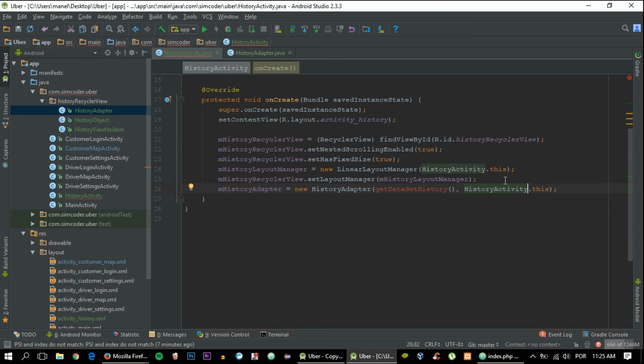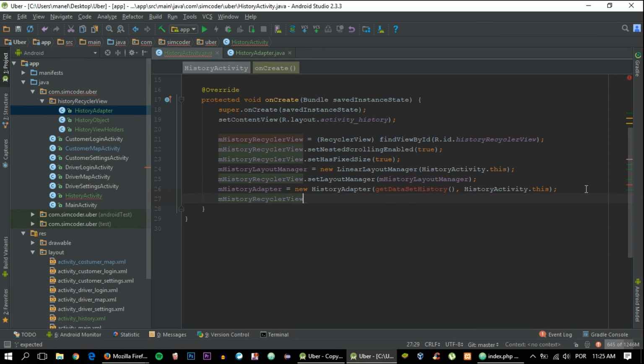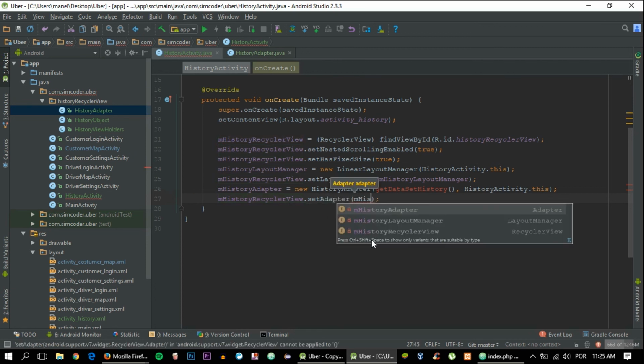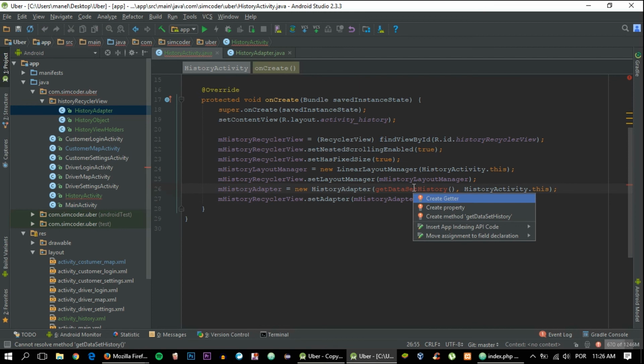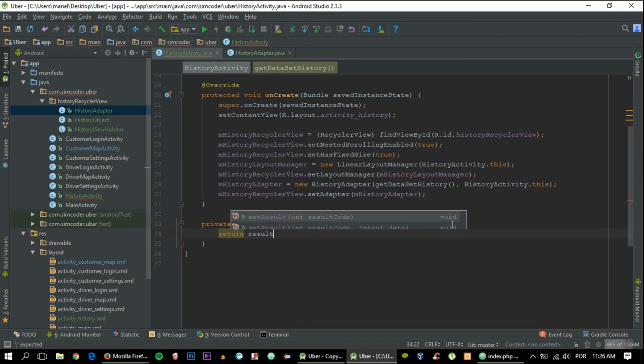And then before going ahead and doing that, we simply call mHistoryRecyclerView and we apply this adapter to the recycler view. setAdapter and historyAdapter. And yeah, all that is done, and now we can go ahead and create this function. Create method. Okay, List HistoryObject getDataSetHistory, and all it does is return the resultsHistory,